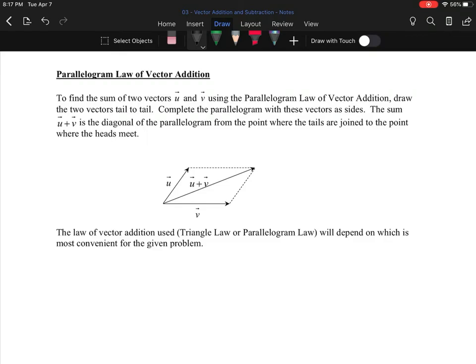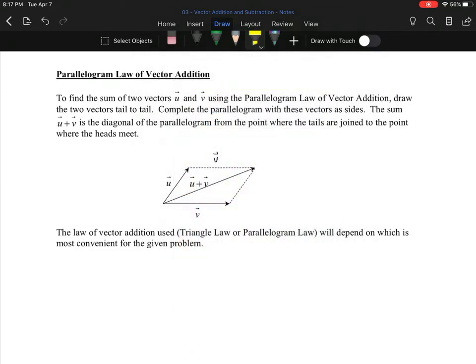One other useful thing is the parallelogram law of vector addition. Sometimes useful. I mention it here because there's the very odd question where the parallelogram law is easier to work with than the triangle law of vector addition. It really is just the triangle law done from both sides. The idea is that if you want to make u plus v, you could go u plus v, like we were doing before,